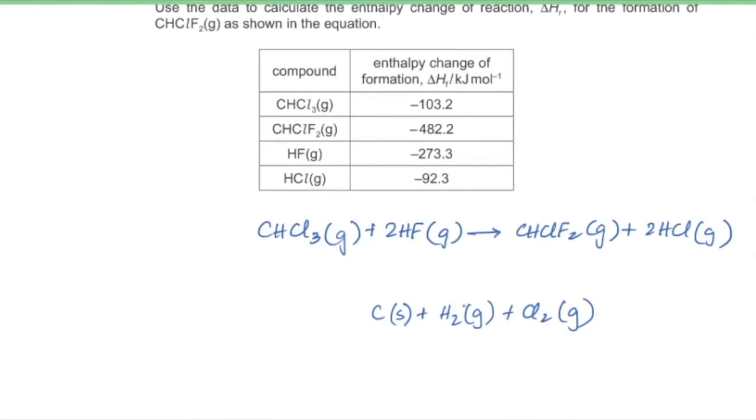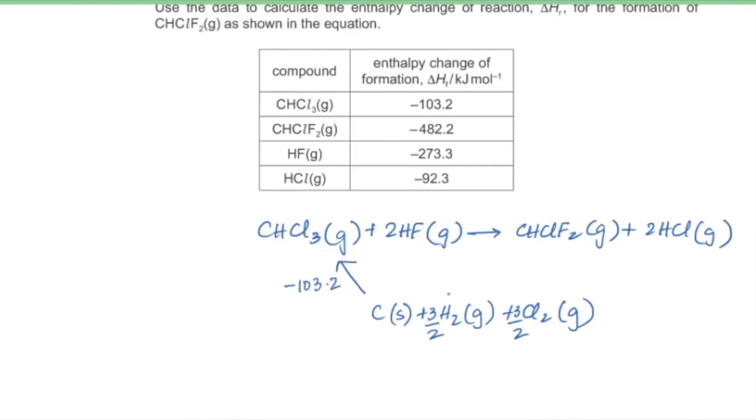And write all the enthalpies with respect to their number of moles of formation. So we have 1 mole of carbon on all 3 sides, and we are supposed to have 3 moles of hydrogen on all 3 sides, so 3 by 2 here. We are also supposed to have 3 moles of chlorine on all 3 sides, so 3 by 2 again. Here only 1 mole of CHCl3 forms, so we are going to have it labeled as minus